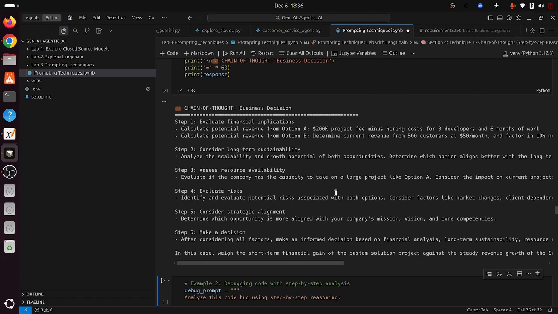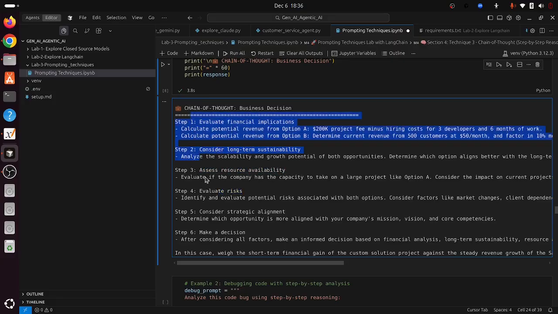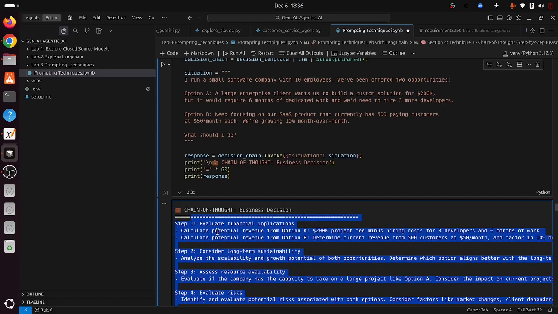It will do some kind of step-by-step information, like evaluate financial implications, consider long-term stability, assess resource availability. It doesn't include much pros and cons information for me, right? Or it doesn't follow my framework. So this is where the problem is.